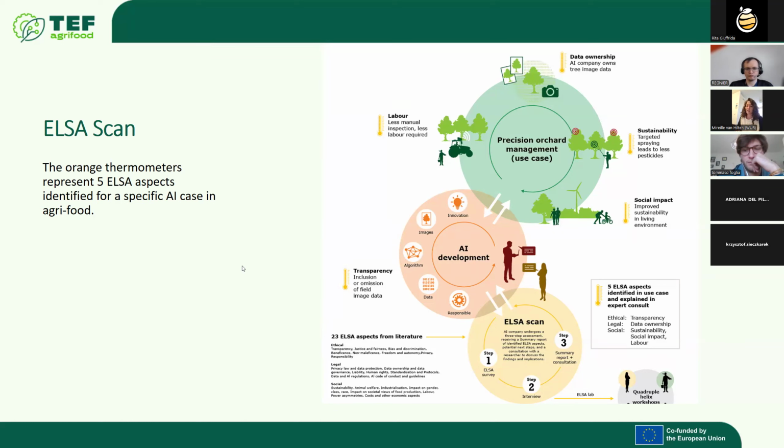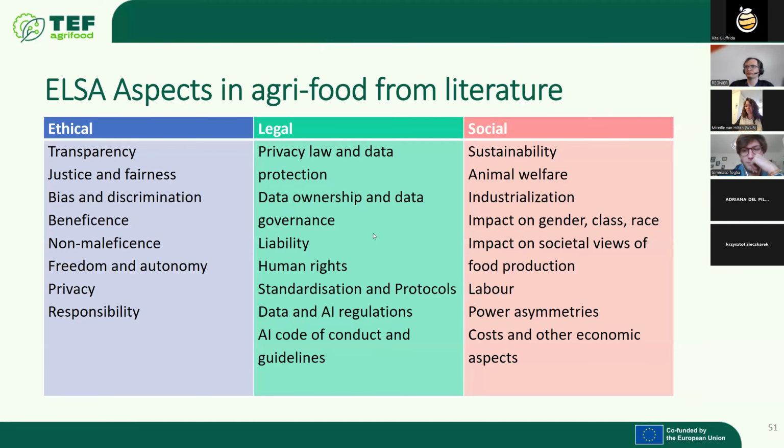And the next step after an ELSA scan would be to organize a workshop with other roles involved in this context, for example, stakeholders like end users or policymakers, other businesses, etc. Over to the next slide, please. Which I will explain very briefly. These 23 ELSA aspects come from literature, and that is what we are actually trying to test in this setting of the service. Which of these apply? Are they positive or are they more of an issue? And that's what we bring back to the company, and they can act on that. Next slide, please.